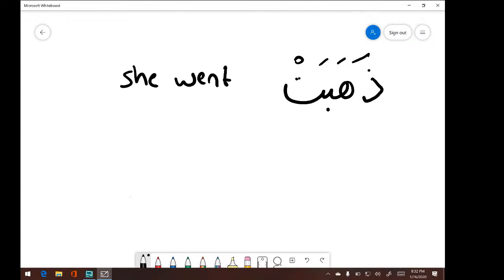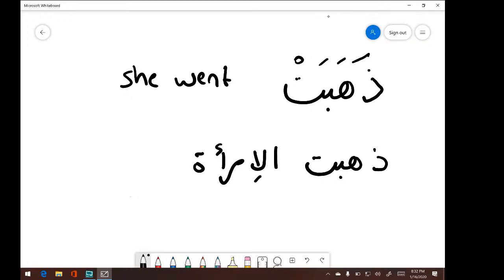When you have a word with an alif lam after it, dhahabat al-imra'atu. Imra'atu means what? Woman, right? So dhahabat al-imra'atu is what it's supposed to be, right? The woman went. Everyone see that? Dhahabat al-imra'atu, the woman went. That's what it's supposed to be. But the thing is, because of pronunciation, and literally only because of pronunciation, to make it easier, they put a kasra. Dhahabatil imra'atu. But it's not getting a kasra because of any other reason. It's just because of this alif lam.